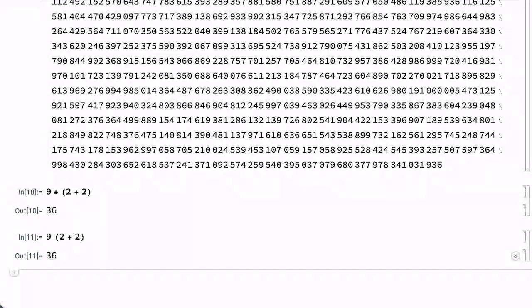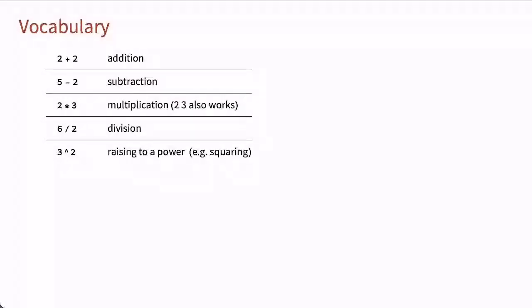That's the end of the examples for this section. Here is the programming vocabulary that